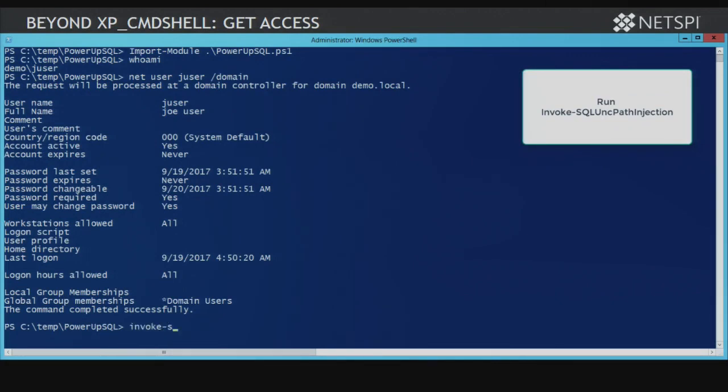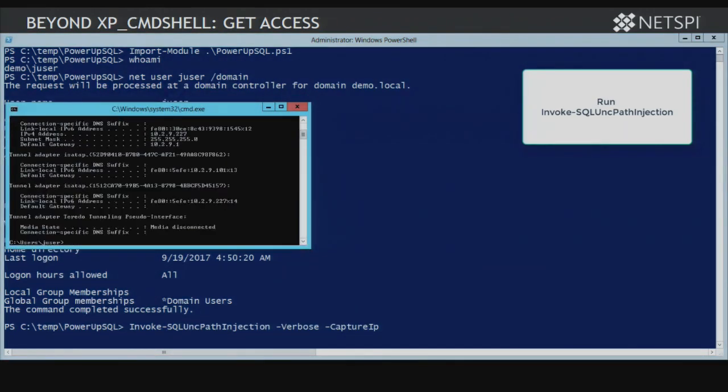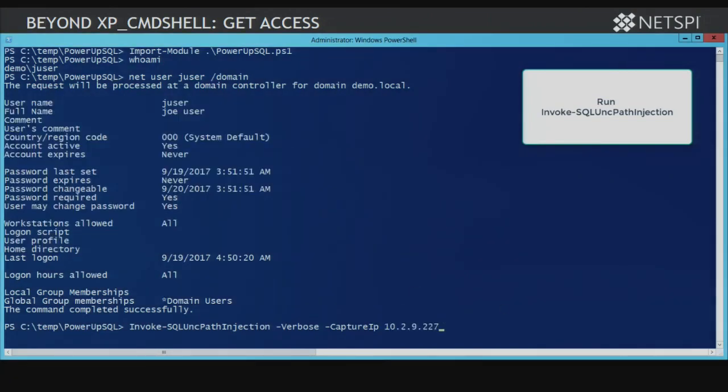We're going to go ahead and run that function that he created for PowerUp SQL. It's Invoke-SQLUncPathInjection. We're super creative with our naming. We're basically just going to set our capture IP to our local system. So when it goes and tries to authenticate to all the SQL servers, they're going to be trying to authenticate